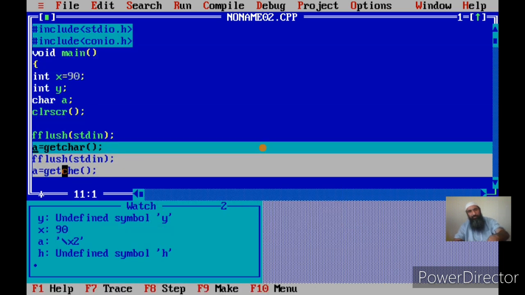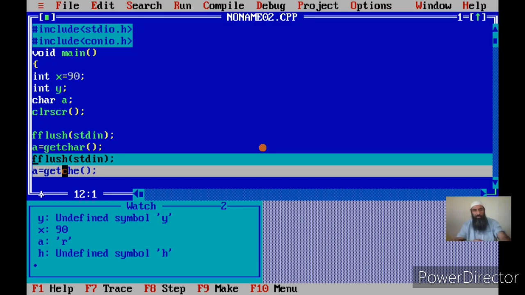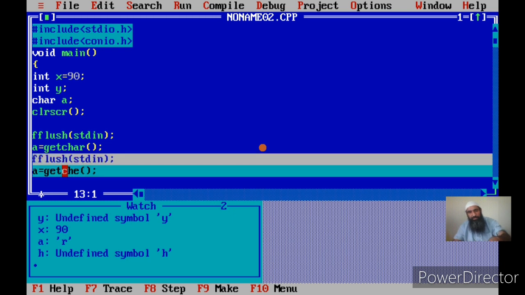Let us see this example and see how it works. First I flush my stdin. Now this is getchar. Again I have to press a character, suppose R, then it waits for the enter key, and then I press the enter key. getchar also did one thing: it showed the character that I pressed on the screen. Now I use getche.